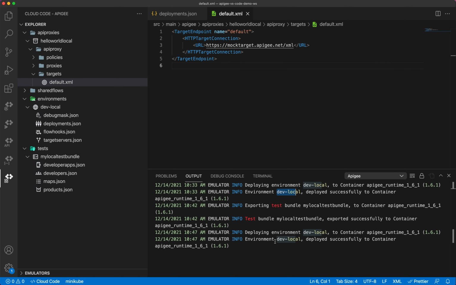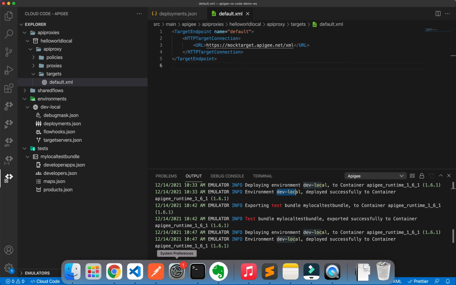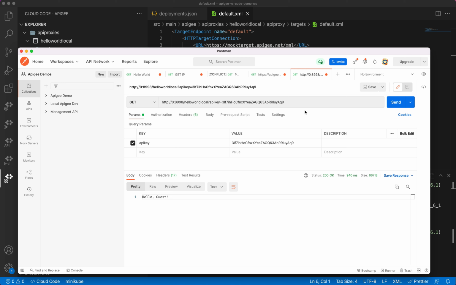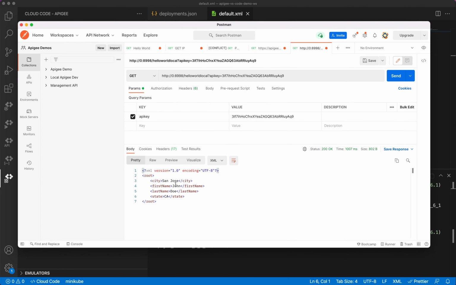Once the deployment is done, let's see if our changes have made it through. This time I'm going to call this URL again, and hopefully we are going to see an XML here. Now you see how we are able to change the target endpoint and get a different response from our local implementation.